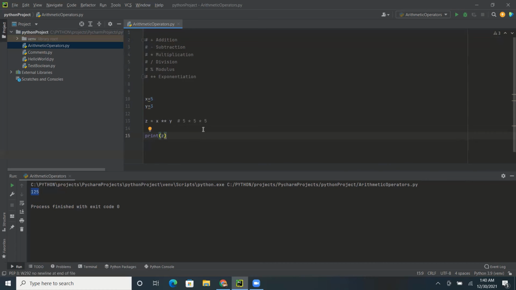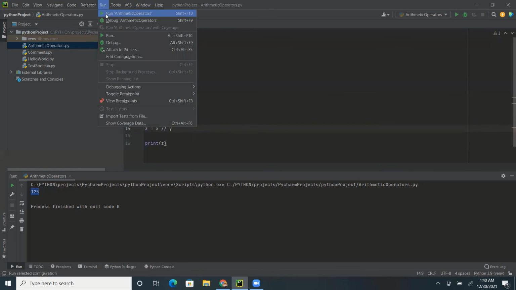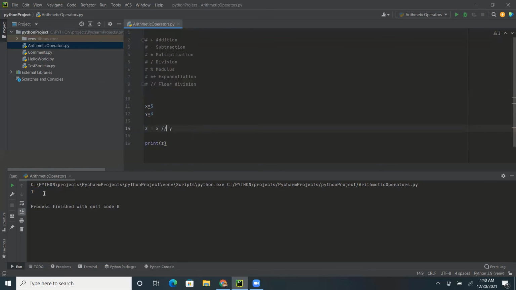The next one is floor division. The symbol is like this, 2 division signs. Just like exponentiation is 2 multiplication signs, floor division is 2 division signs, and that is called floor division. So if we do floor division here, see the result, it is 1.